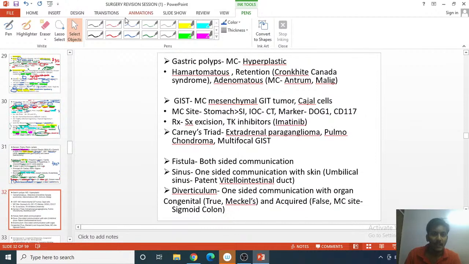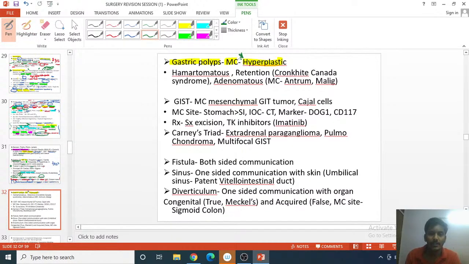Then gastric polyps. Okay, so gastric polyps में most common type are your hyperplastic polyps. Most common type of gastric polyps are hyperplastic polyps. The other types of polyps can be hamartomatous polyps. Hamartomatous polyps are seen in one syndrome along with